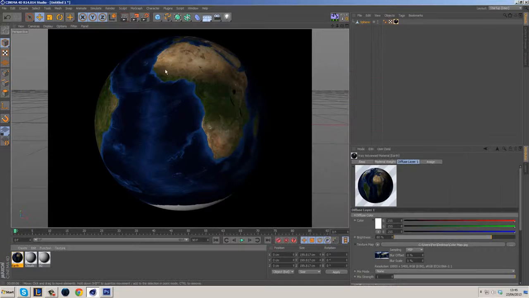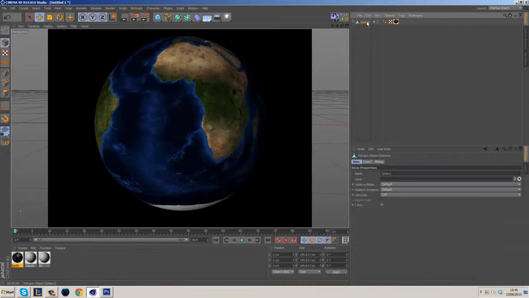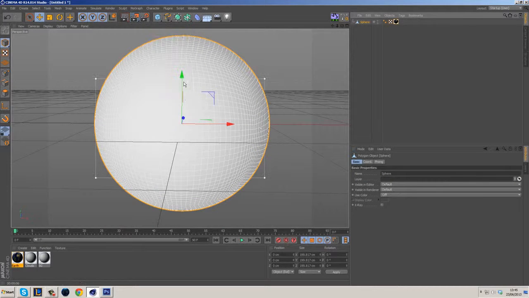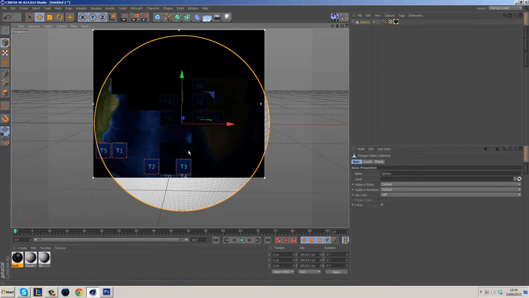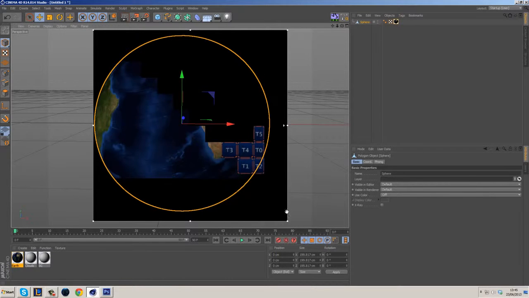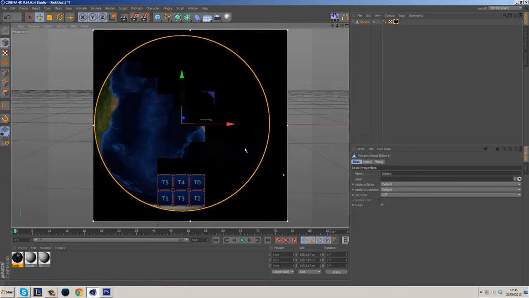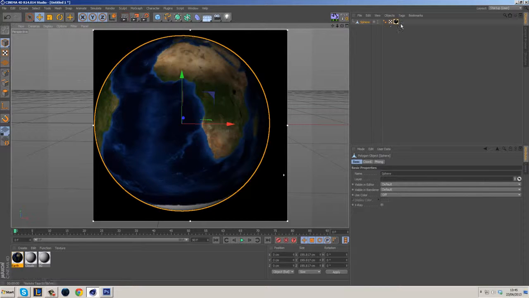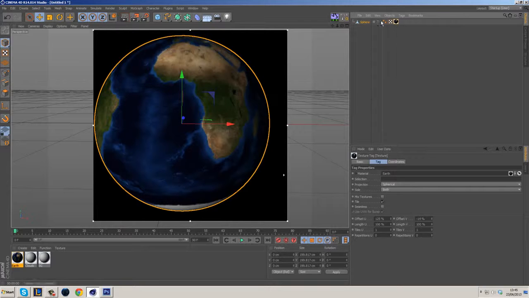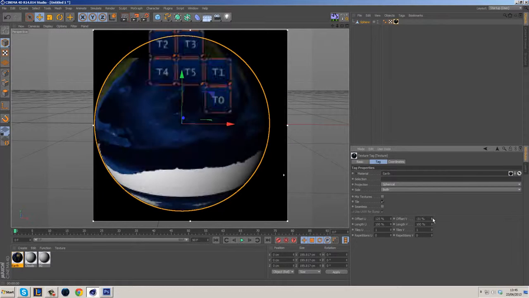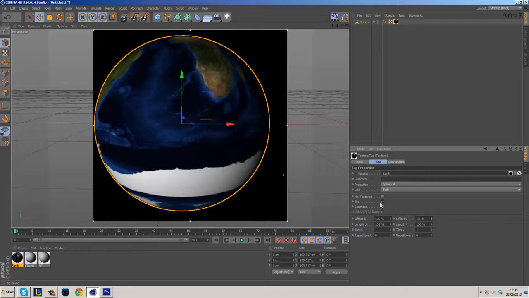So yeah, as you can see, this planet is, well, not planet, this piece of land, if you like, is over here. Now if you wanted to change this, I'll put on the interactive render region and encompass this entire Earth, and I'll reduce the quality so it renders out pretty fast. So if you go into your tag, texture, and reduce this or increase it, you're going to get different results. Now it might be a good idea to put seamless on,